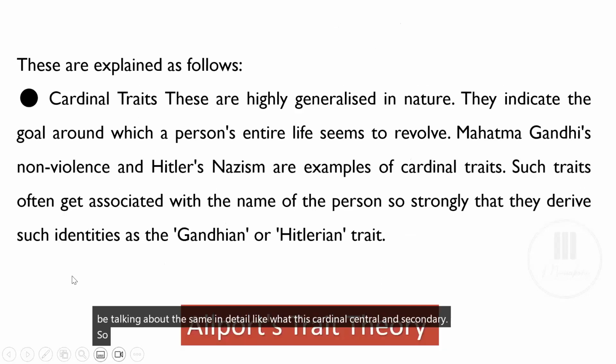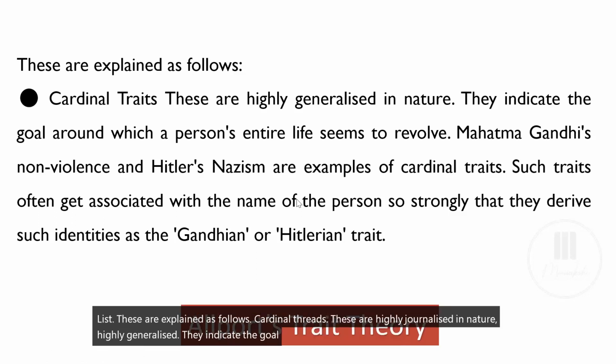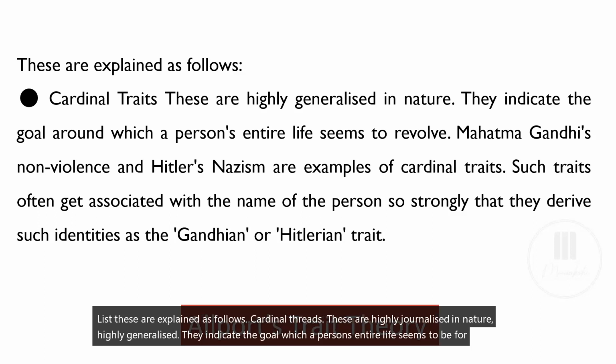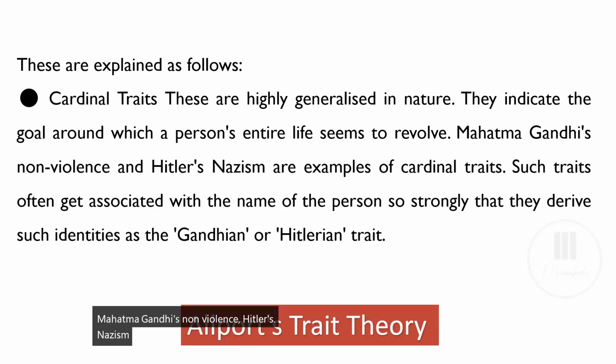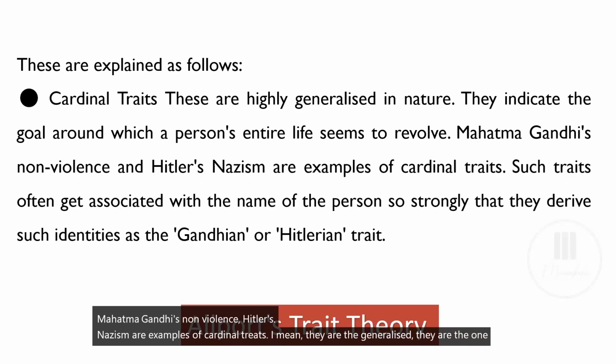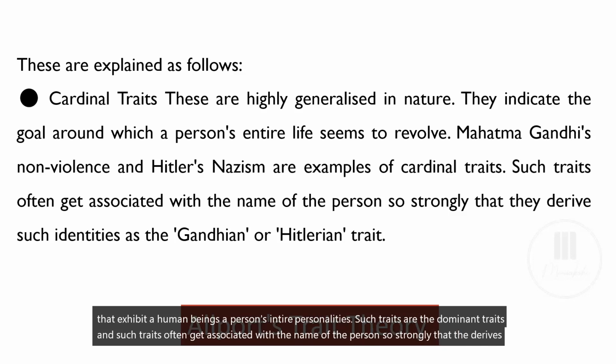So these are explained as follows. Cardinal traits are highly generalized in nature. They indicate the goal which a person's entire life seems to be. For example, Mahatma Gandhi's non-violence and Hitler's Nazism are examples of cardinal traits. They are the traits that exhibit a person's entire personality. Such traits are the dominant traits, and such traits often get associated with the name of the person so strongly that they derive such identities as Gandhian or